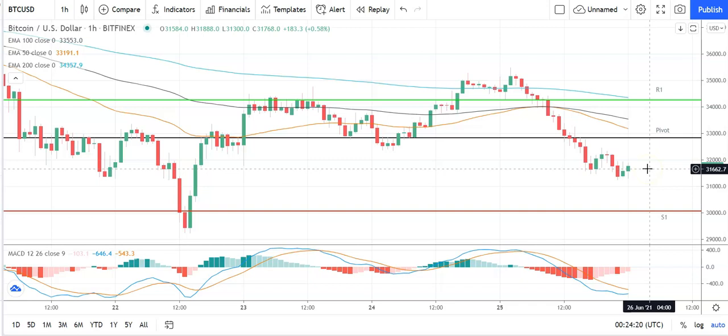Jumping straight into Bitcoin against US dollar and the outer candlesticks being a mixed start to the day. You're going to need to see Bitcoin move through the pivot at 32,781 to take a run at the first major resistance level sitting at 34,299. Bitcoin's going to need to see plenty of support from the broader market to break back through to 34,000 levels. So barring an extended rally on the day, expect that first major resistance level and resistance at 35,000 to cap any upside. In the event of an extended rally, could see Bitcoin target the second major resistance level at 37,012